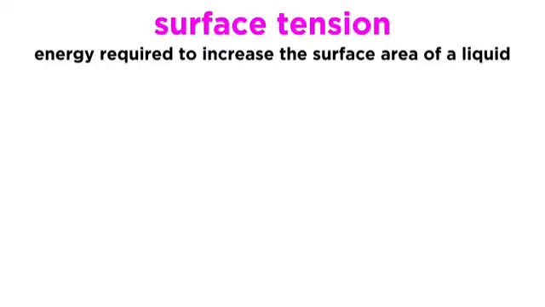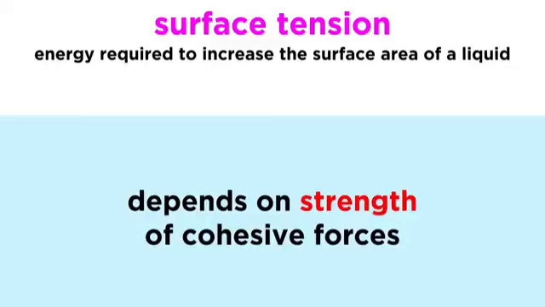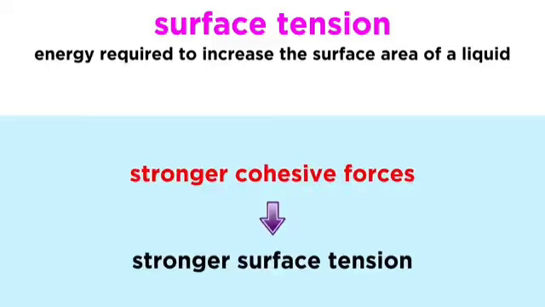to cohesive forces is called surface tension. Surface tension is defined as the energy required to increase the surface area of a liquid. This will depend on the strength of the cohesive forces in the liquid. The stronger the cohesive forces, the stronger the surface tension, as any increase in surface area will necessarily disrupt some